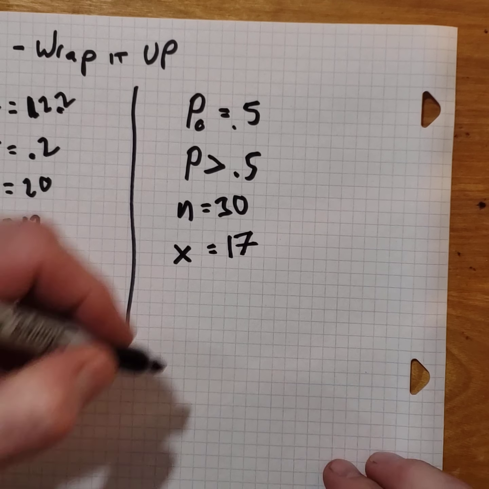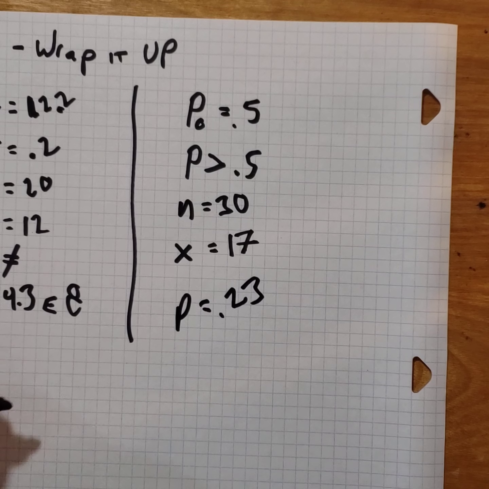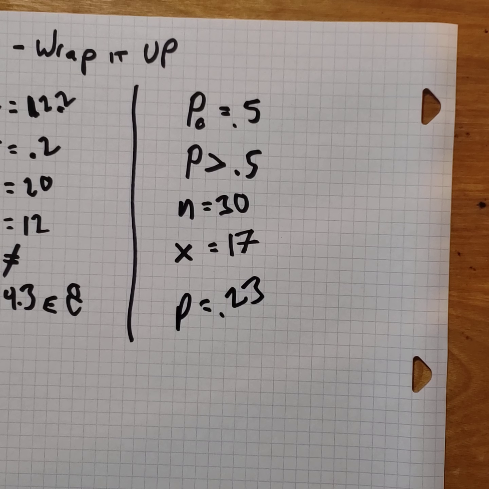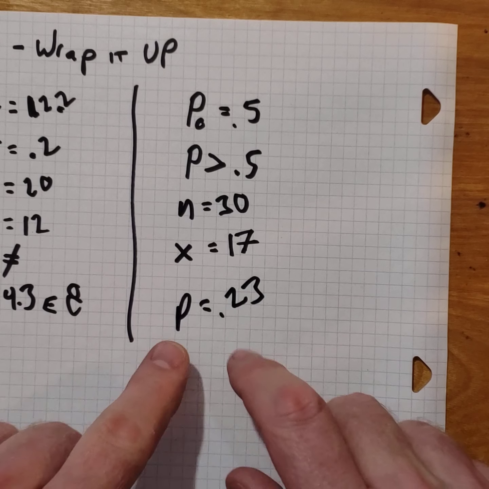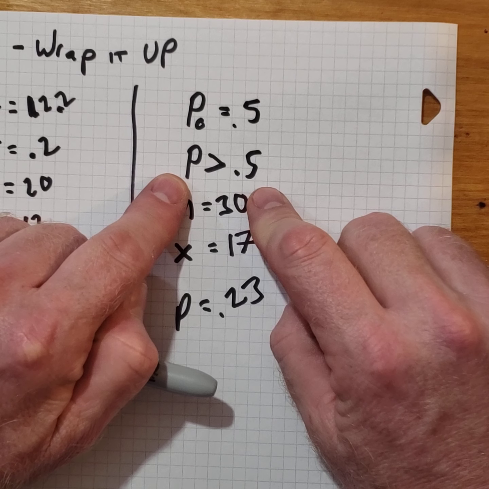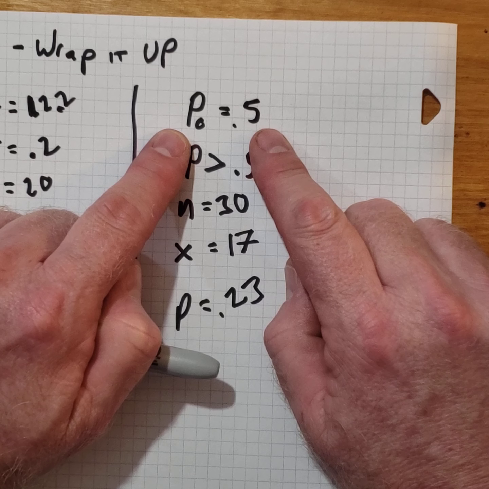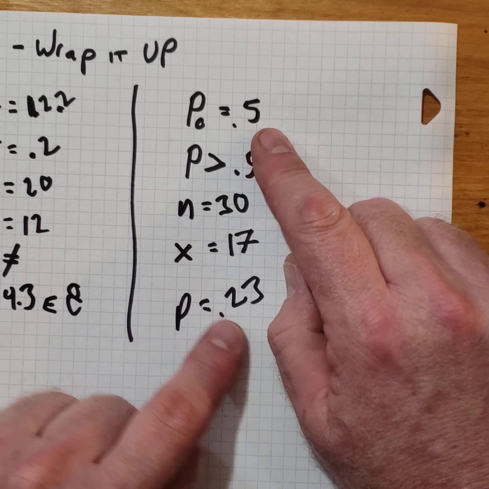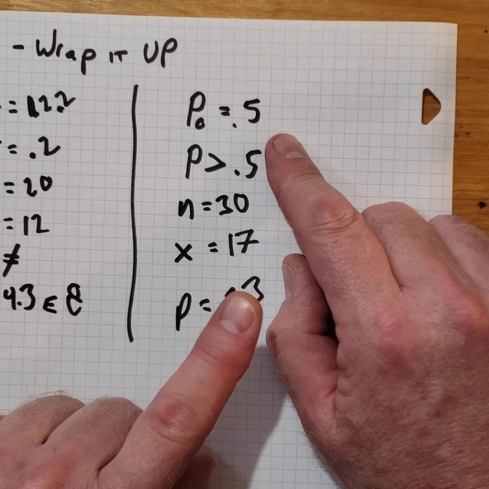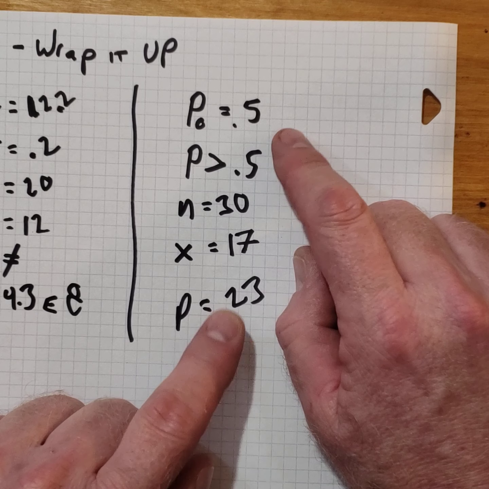You should end up with p equals 0.23. Okay, so remember what we're trying to do here. We're trying to show the alternate hypothesis. Here's our null hypothesis, and we're trying to show that that's untrue. Well, we tried to show it's untrue, and we got a very large amount of doubt. So